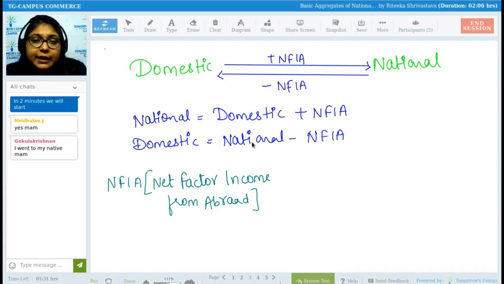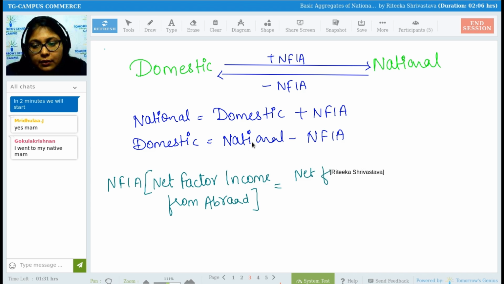Now, when we talk about NFIA, net factor income from abroad, it might be directly given to you in the question. At times, it will not be given to you in the question. So at that time, what is the formula for it if it is not directly given to you in the question? The formula is